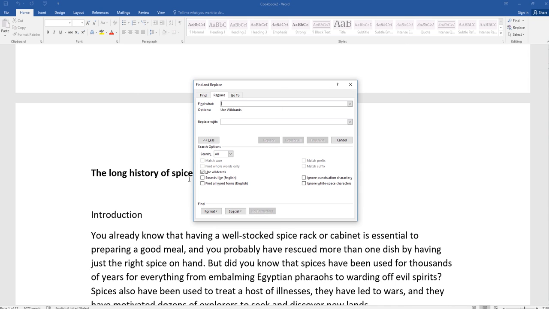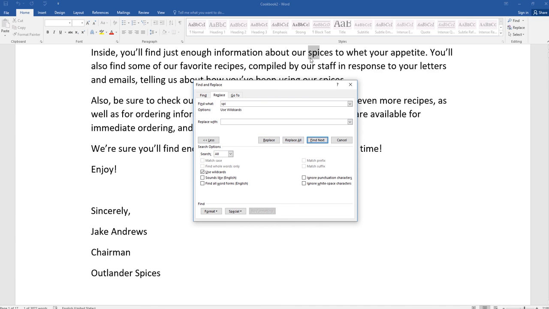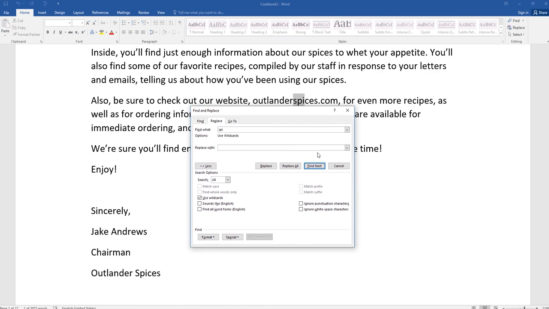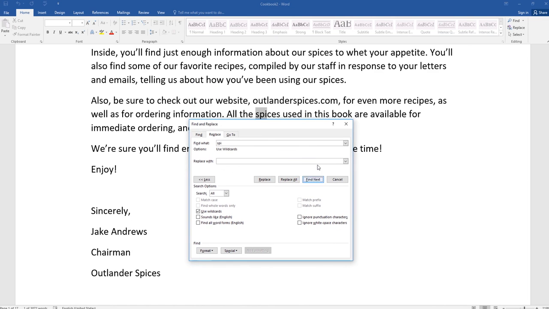So it looks like spices could be here too. So let's say that I don't know what the rest of the word is going to be. Okay, so I'm going to put an SPI because I think maybe some are misspelled and some aren't. I'm going to make sure that I use the wildcard, and then I'm going to go ahead and find next. Okay, so it's going to tell me here's SPI on this one, and then if I continue to find next, then I could find it. Okay, so it looks like so